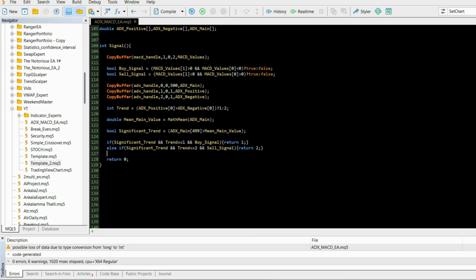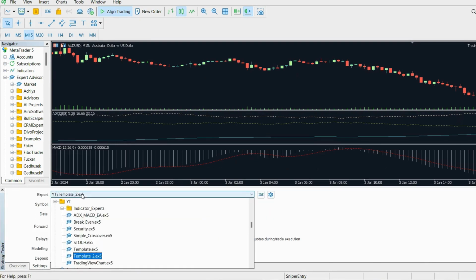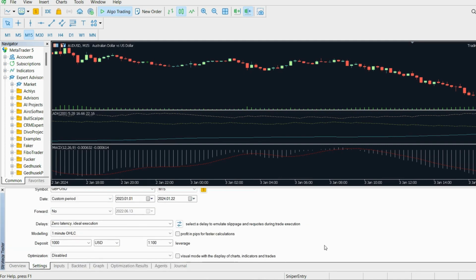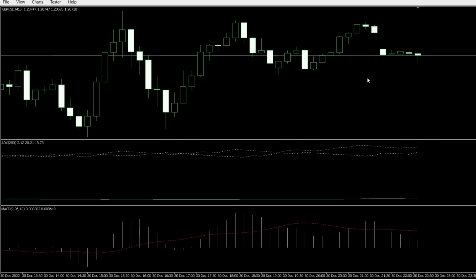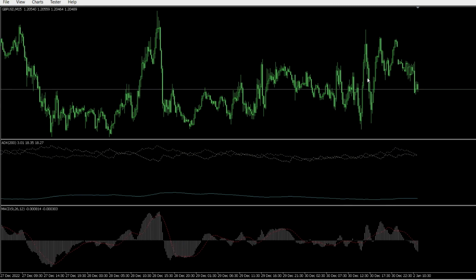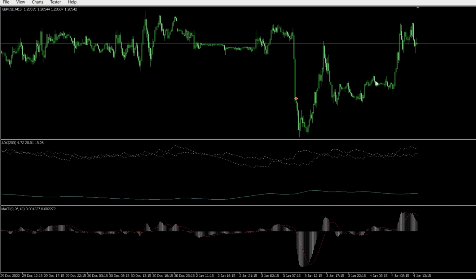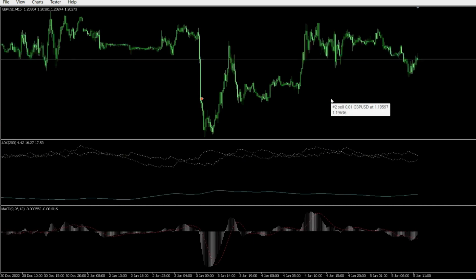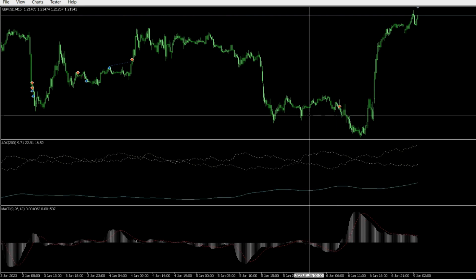So let's check it. I'll go back here. I will go to the tester, YouTube, and ADX MACD EA. I will enable the visual mode, so we are able to see what's happening on the screen, and let's see if we have any signals. We'll speed this up. Let's see, and we are receiving our first sell position right here, our second position right here, and